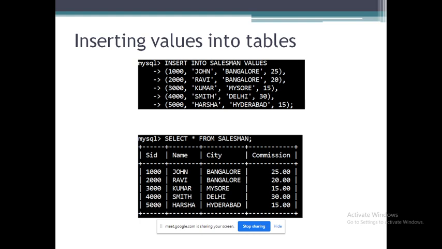If you go for inserting the values to the customer first, then in customer we have a salesman ID, which is the foreign key, right? So that's why we cannot insert the value to the customer. Or else, in the customer table you have to set the SID values as null. Instead of that, first you insert the values to salesman, which does not have any foreign key, and then